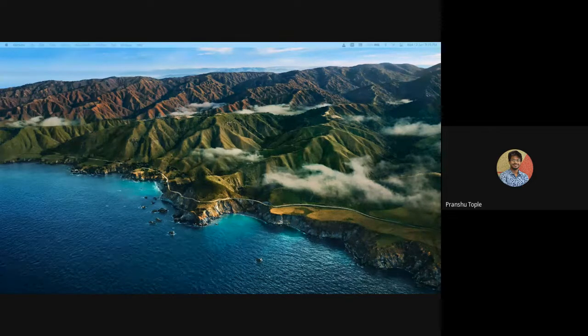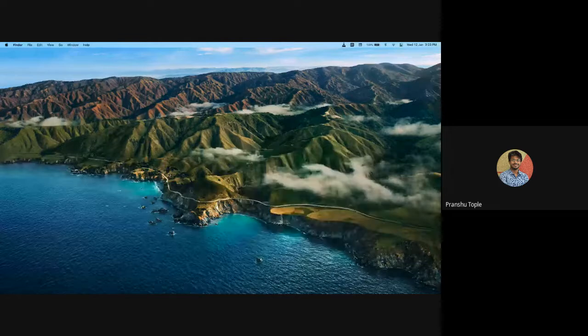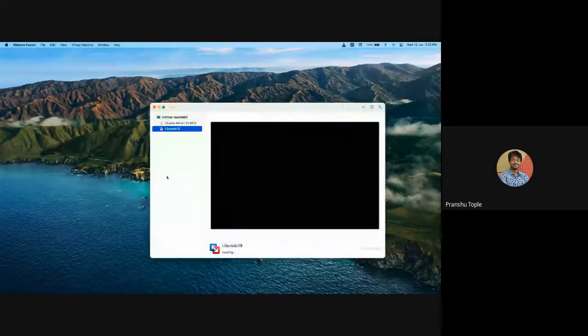Okay, so now I will open one virtual machine, and I will be using the URDF that we created inside that. So I will start the virtual machine.